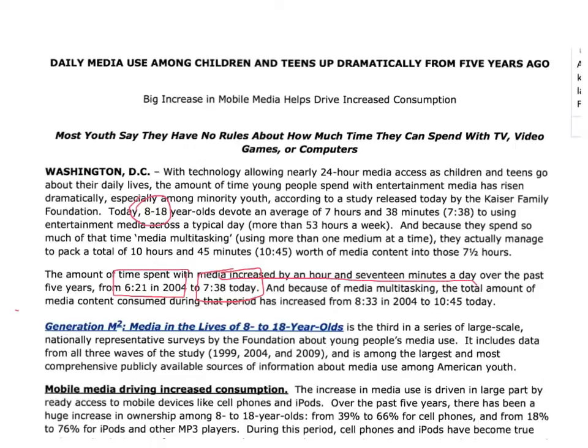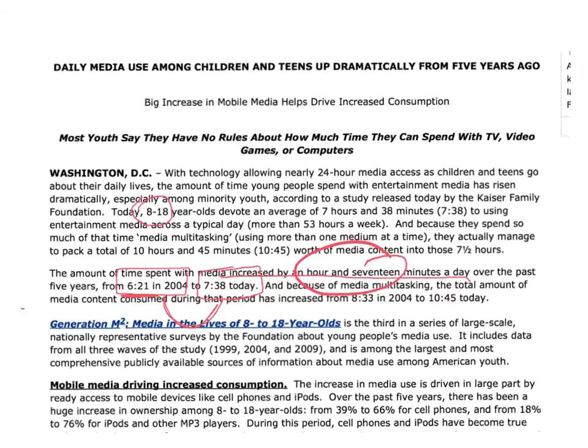In order to find the percent of change, we first need to find the difference in the time, which was given to us, and then we're going to divide that by the original time. So what I suggest that we do for our purposes is round that time from 7 hours and 38 minutes to be about 7.5 hours, and subtract 6 hours and 21 minutes. Well, again, we'll round that to 6.5 hours to get a nice even difference of 1. So we're going to take the difference and divide that by the original time,